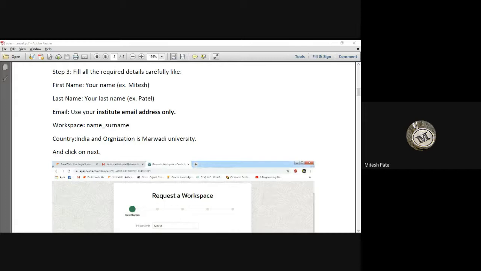Step number 3, fill all the details carefully. First name, last name, email ID, institute email ID, and it is compulsory to write the institute email ID. Make sure you do not make any mistake, because on this email ID you will receive one mail, maybe after 1 minute, maybe after a few minutes. So check it once whether it is right or not. In the workspace, it is mandatory to write in this format: your name underscore your surname.